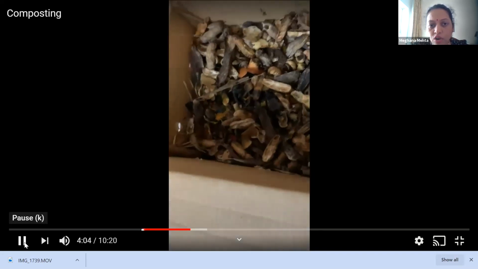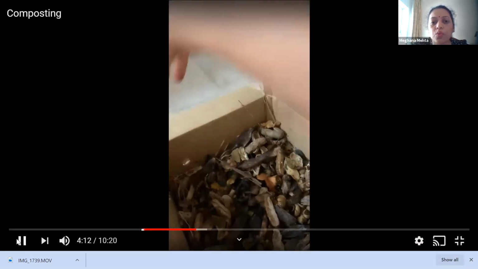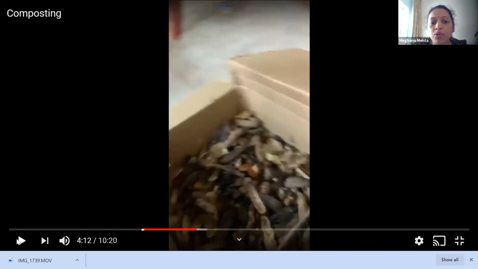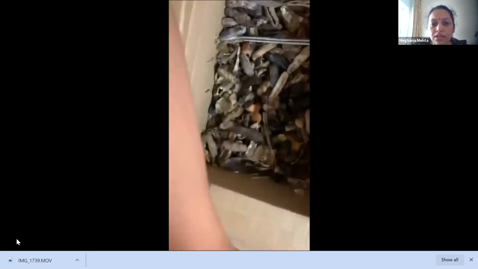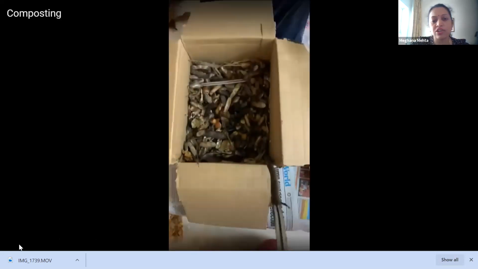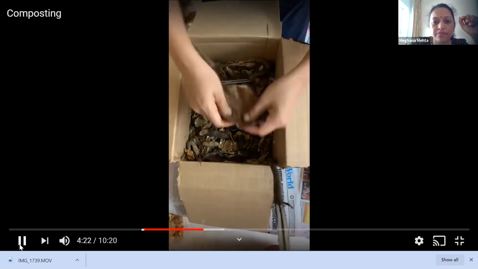I insert it at one corner. Why in the corner? When I have to mix it like a salad, I was saying that the greens and browns have to be mixed, so that stick has to be used for mixing.